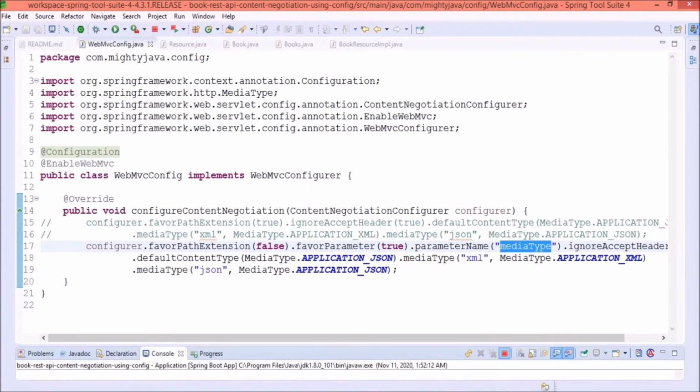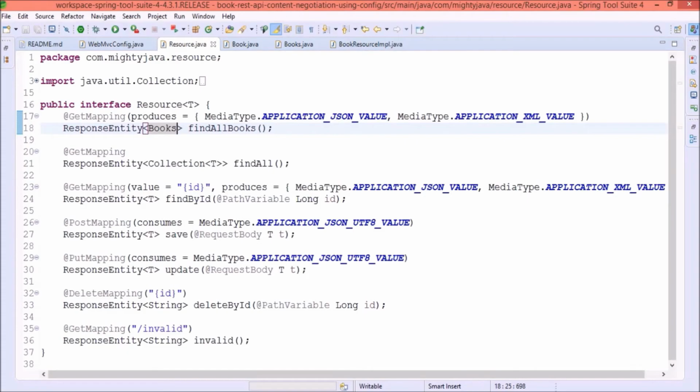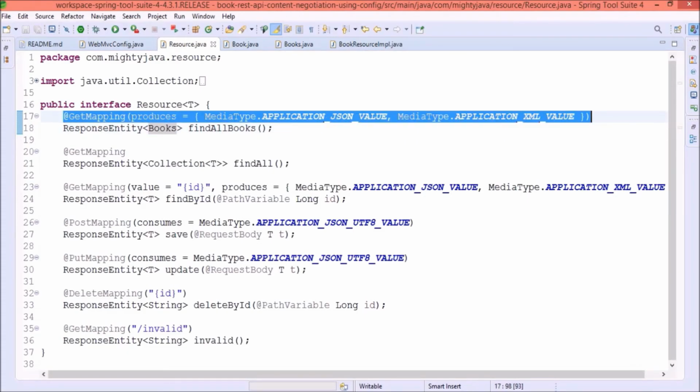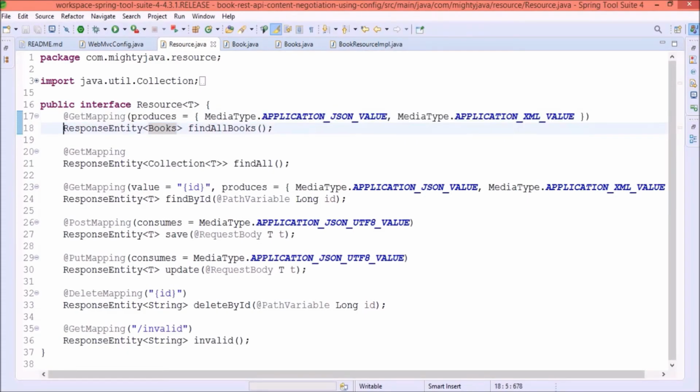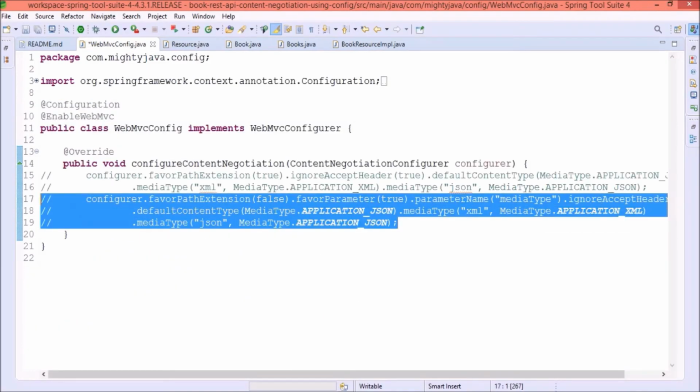Let's stop the server. Let's review whatever we added. So this method declaration is not required, but if some kind of scenario is there for multiple resources, then it is required with a generic name. So it is all based on the requirement. I hope this other way of implementing content negotiation is also clear for you.